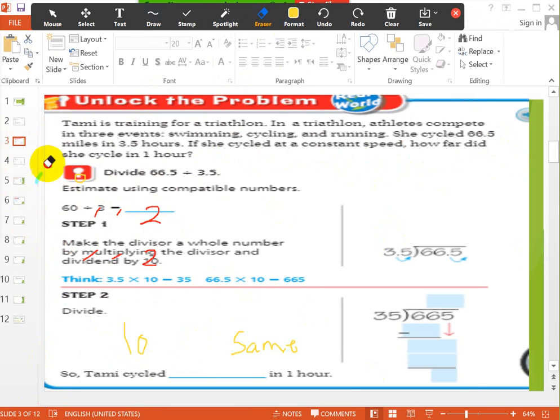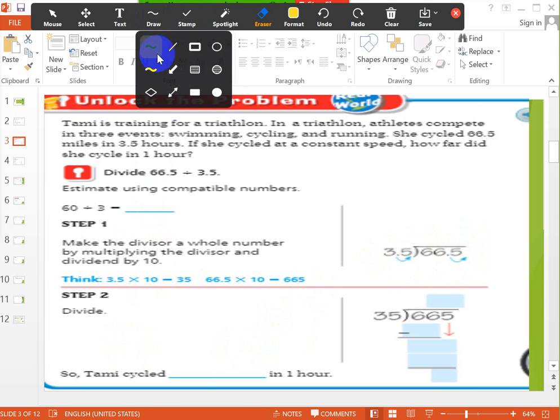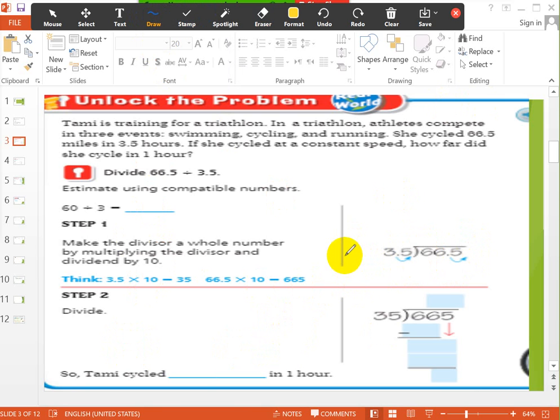In this example, I want to divide 66 and 5/10 by 3 and 5/10. Okay. The first step in division, what I told you, you have to estimate the answer, or you have to round the numbers here to find the estimation, because this will help you to know the first digit in the quotient. Okay,